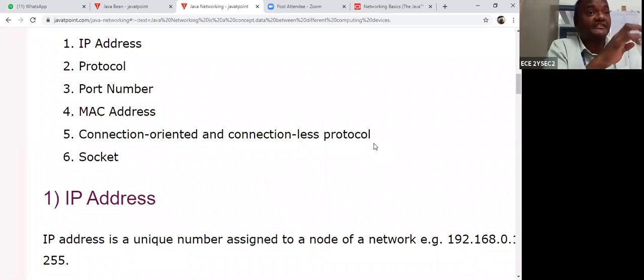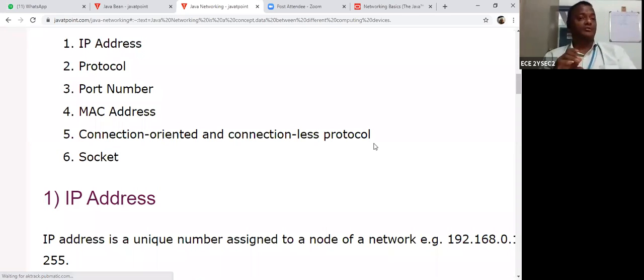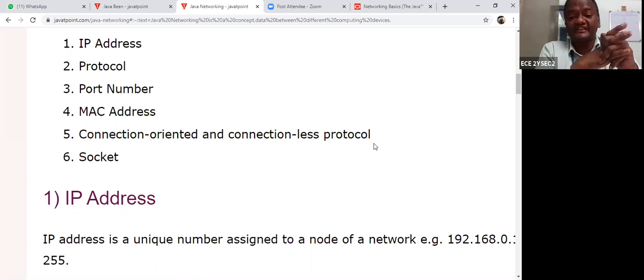What is the next one? Connectionless. The best example: suppose once your college hours close, you can reach your home in different ways. There is no fixed path. You can go in any path. That is called a connectionless protocol. Connectionless stands for no fixed path. You can transfer your data in any path, any way. There is no fixed path, but there is also no guarantee.